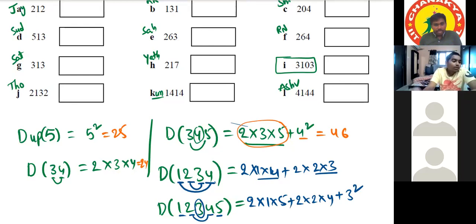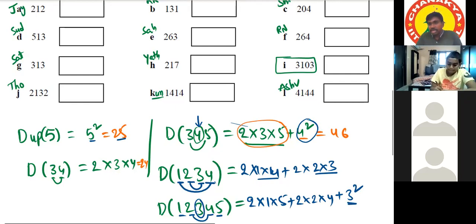So if even number of digits are there, then we'll not get any square. If odd number of digits are there, middle number square will come here. So 1 digit, only 1 square. 3 digits are there, middle digit square. 5 digits are there, middle digit square. 6 digits, no square will be there. And for 7 digits, middle digit will be there and we'll get square. Okay. This is about duplex.